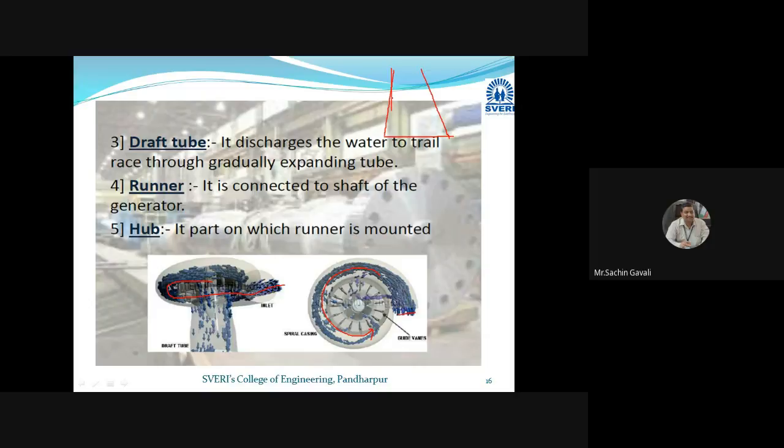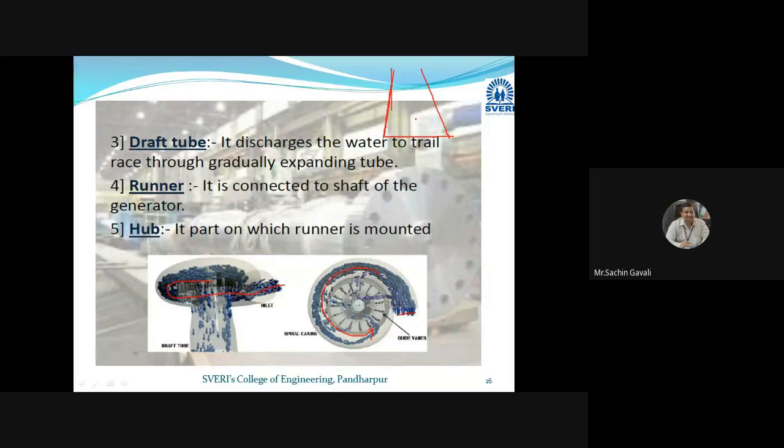Remember that in dynamics, when area is increased, pressure will definitely increase. Due to the draft tube, the pressure goes on increasing, and at the outlet of the draft tube the pressure will become more than atmosphere. And if the pressure becomes more than atmosphere, flow will be possible from higher pressure to lower pressure. So that water will come to the reservoir side or outlet, or the atmosphere if a reservoir is not there.